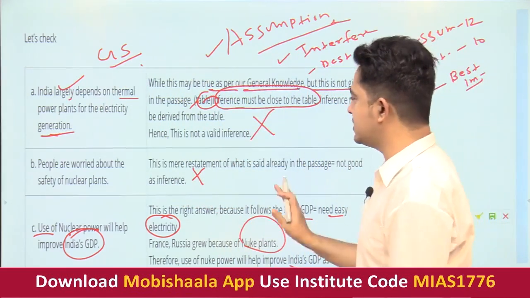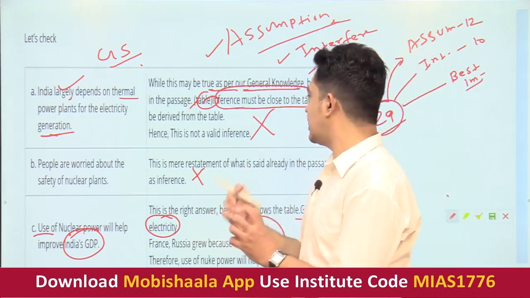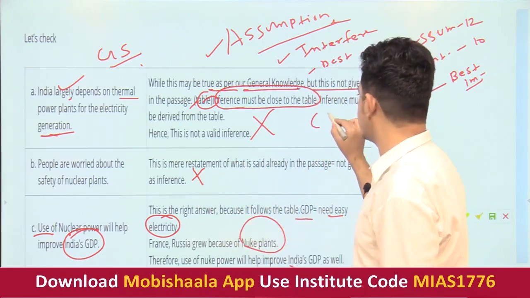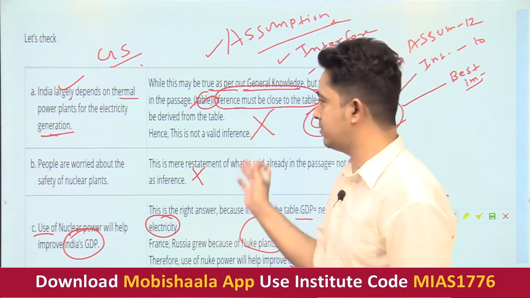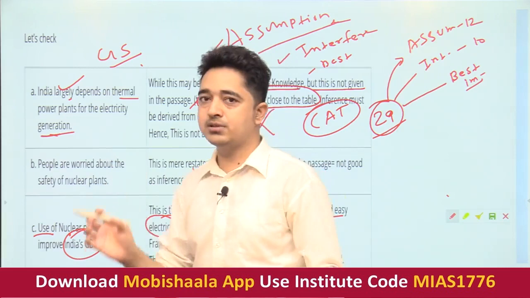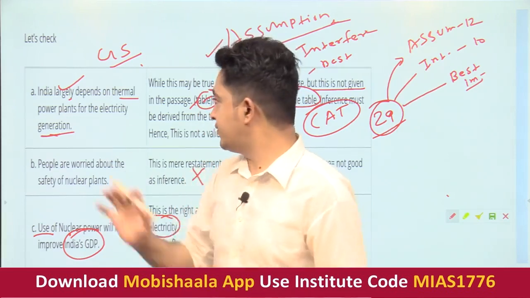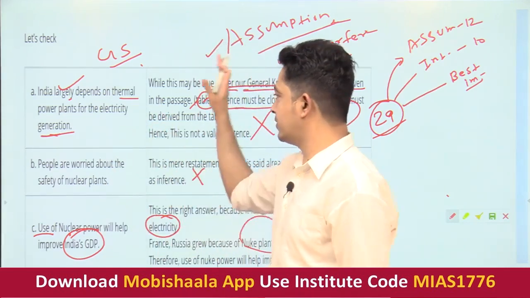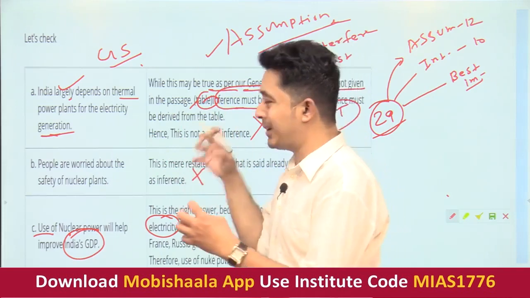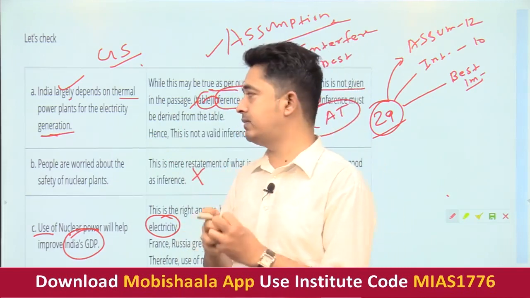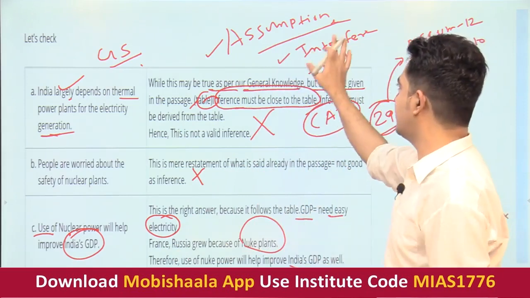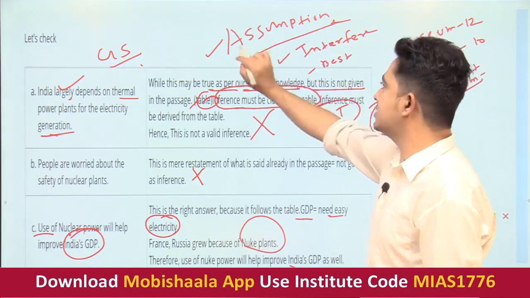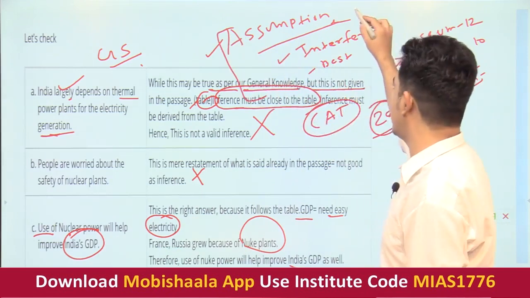But don't do what some students are doing, solving questions based on the CAT exam. This does not require any engineering or medical knowledge. Sometimes familiarity with the topic helps, but if you read very carefully and are good at comprehension, you will easily solve the questions. So now you know that assumptions, inference and best implied are the only three types of questions asked.